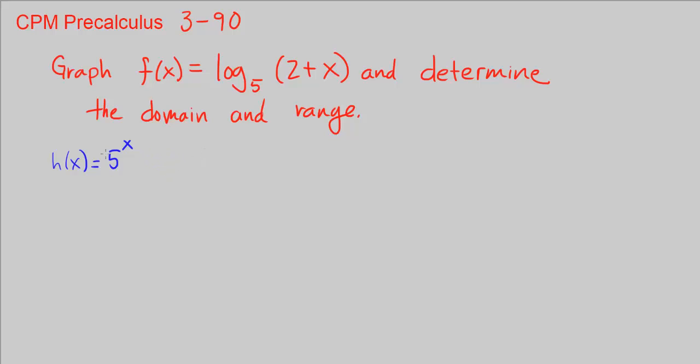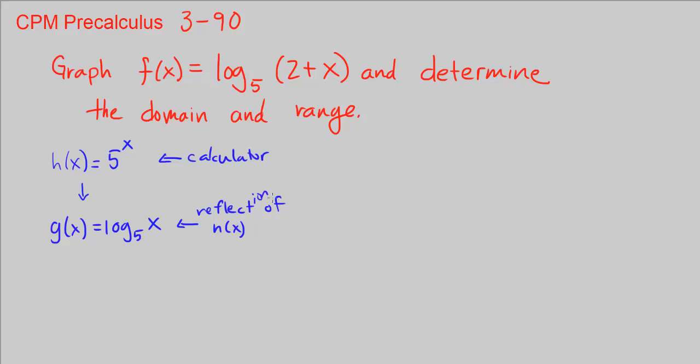We can graph this one easily, right? We can pull out our calculator, plug this in, and see what it looks like. Then to go from h of x equals 5 to the x, we can graph g of x is equal to log base 5 of x. We could just use our calculator or memory, or we can look at the reflection. It's the same as the reflection of h of x